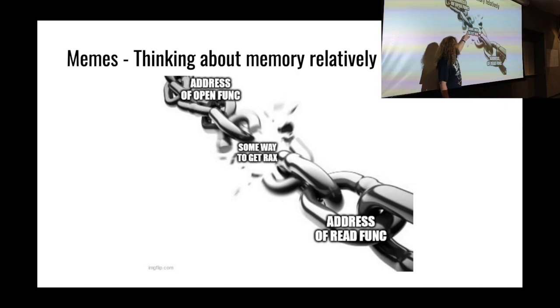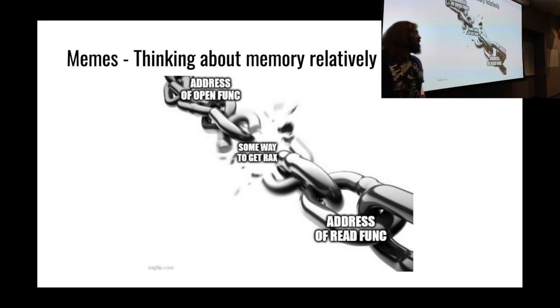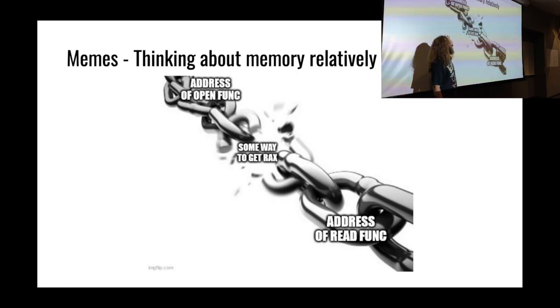A note on this is you don't have to be a perfect programmer, right? File descriptors are not guaranteed to be sequential, but in practice they are. So if you know that there are no open file descriptors at the time you call open, the next file descriptor that should be returned is 3. That doesn't work. It's wrong. Okay, maybe you had a false assumption. Try and hard code 4, right?